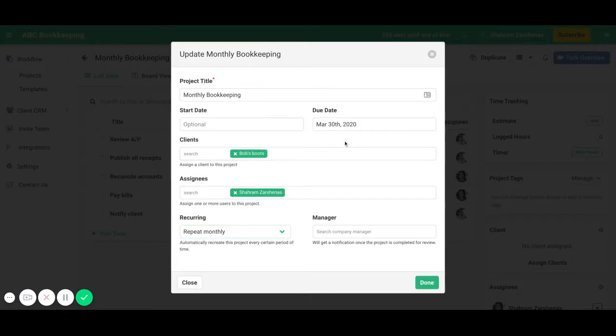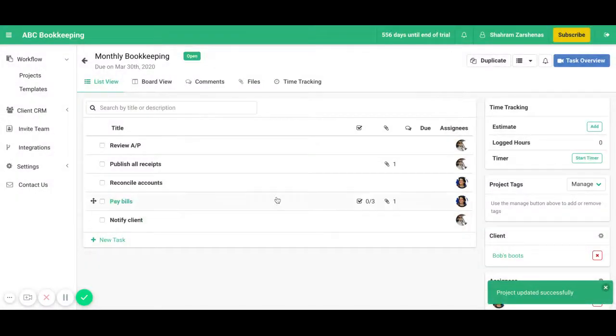Now, when I create this project, it will recur after the due date. So the due date is March 30th. On March 31st, it will create a clone of this project due April 30th. So there will be two projects, one due March 30th and one due April 30th. So hit done. Now you have the monthly bookkeeping project with all the templated tasks,